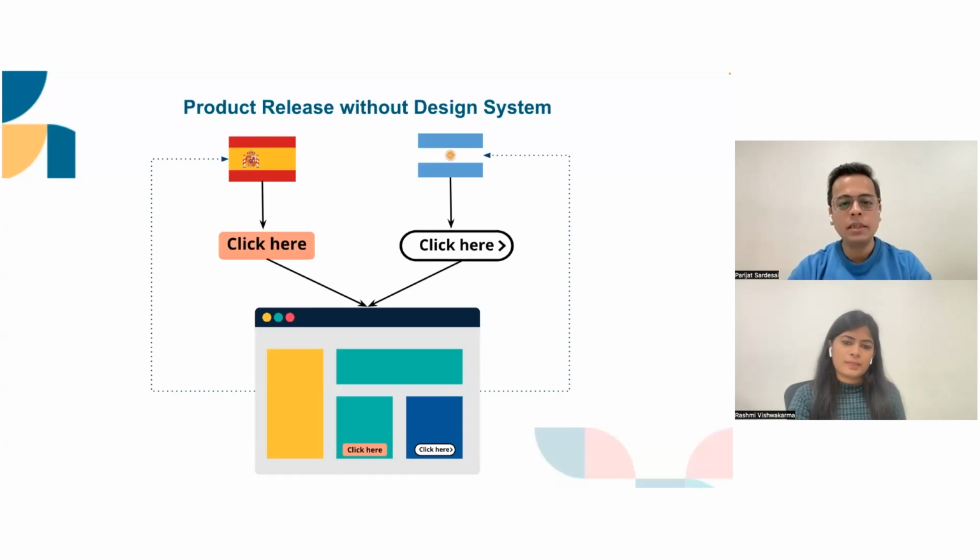Now think of this scenario. There are two teams from Spain and Argentina for the football season. Both of them developed two buttons. Since there was no guideline earlier, because we are talking about an absence of a design system, both of them were click here buttons, and they placed those buttons into different components, different micro apps. And when those micro apps got integrated into a complete micro front-end application, you can see what sort of a design it brought out, right? Then they